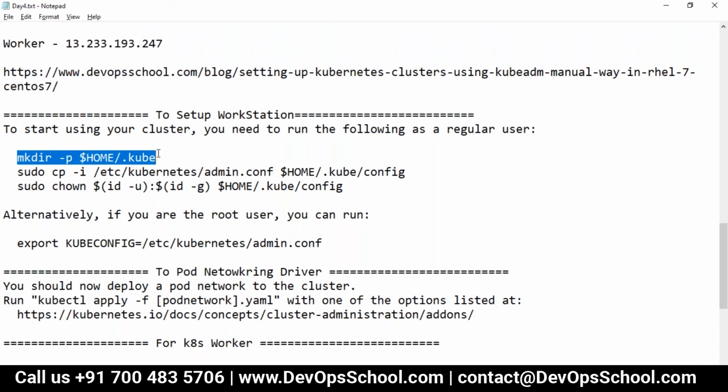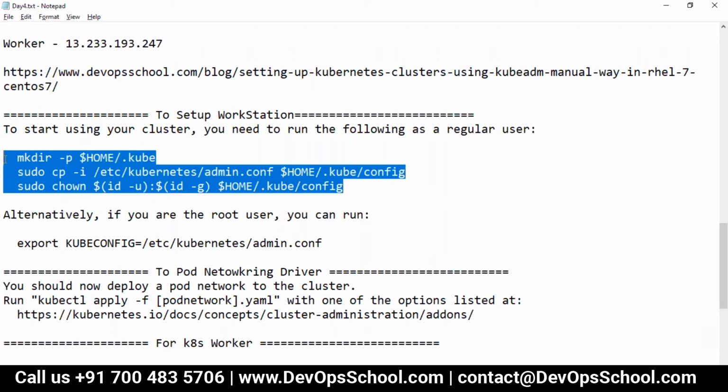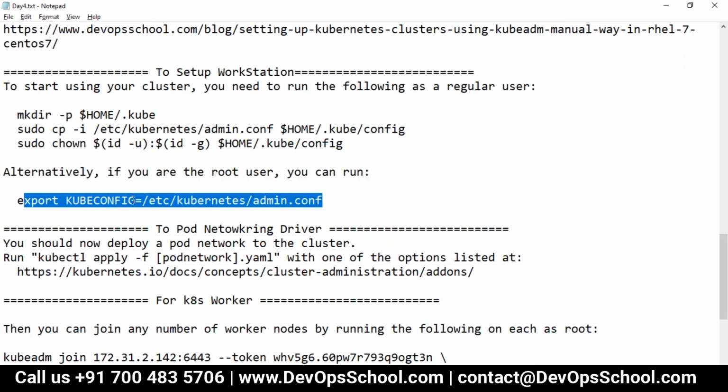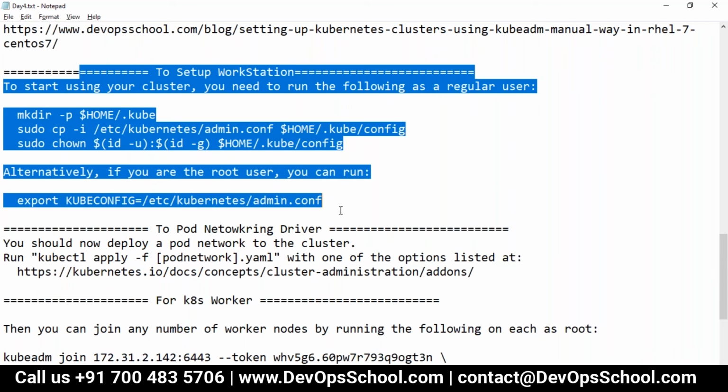Then create this directory, copy this admin.conf inside this location and give the permission. That's all. These are 3 things. What exactly this is, I'll explain in some time. Just give me some time. Or if you want to set up a workstation on an ad hoc basis, then you can set this environment variable to this and it will start working. So this is the workstation setup.